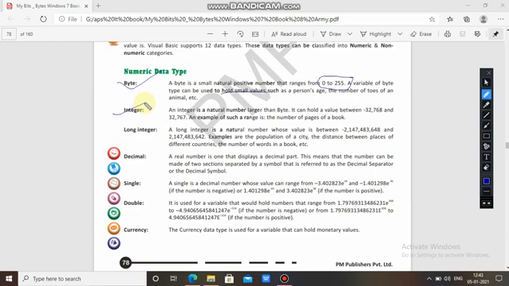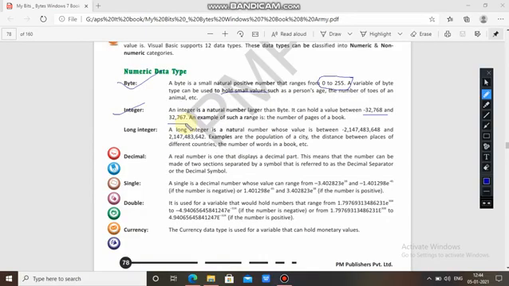This is the range of integer from negative to positive. Underline it and remember this, it can come in your examinations also. An example is the number of pages of a book, or you can take bigger numbers also.